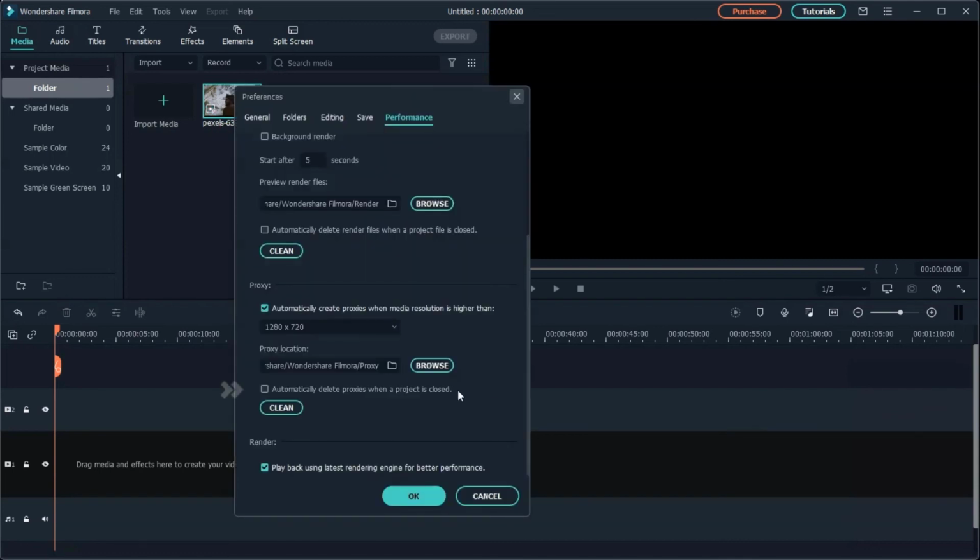Enable this checkbox if you want Filmora to automatically delete proxies when you close the project. Also, I recommend that you enable this checkbox for better performance.